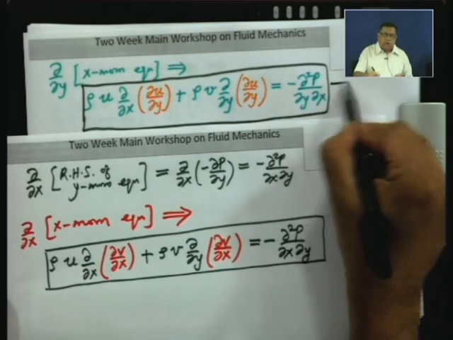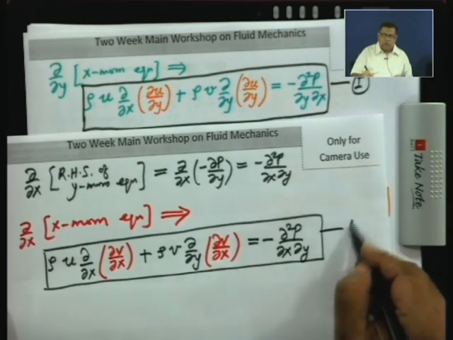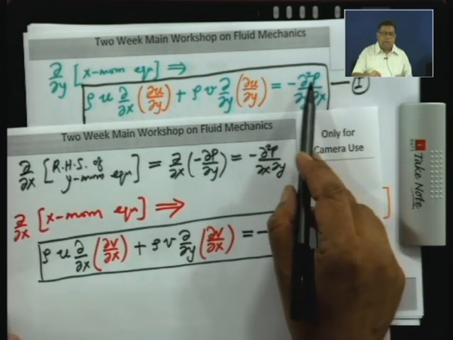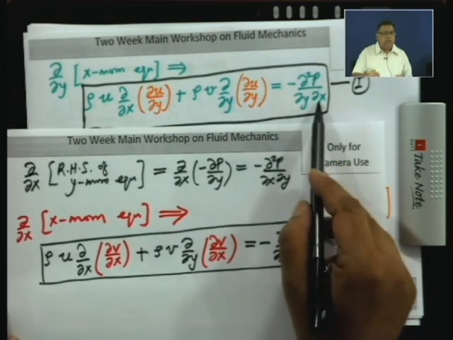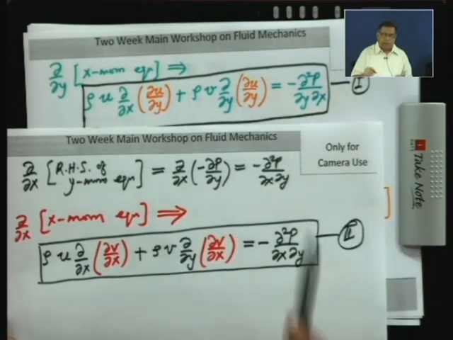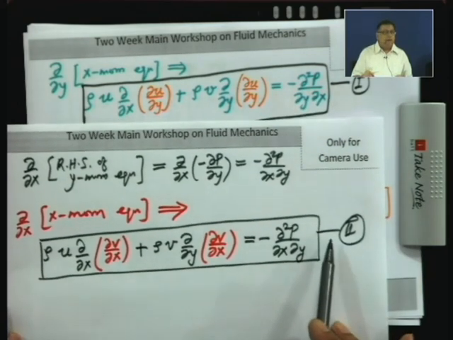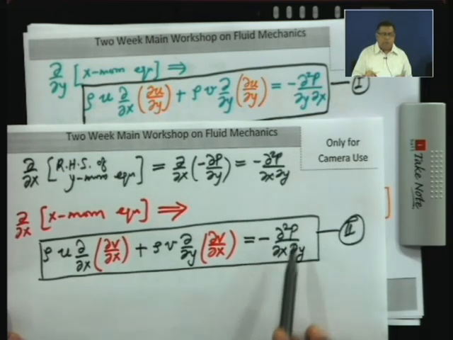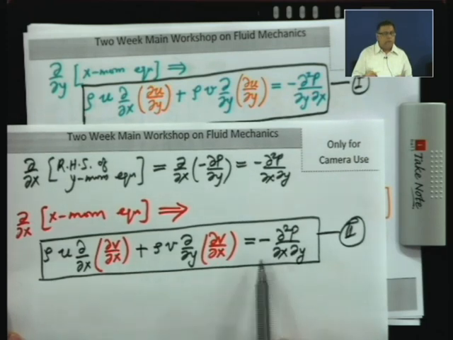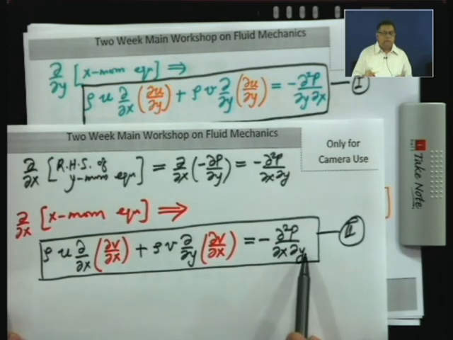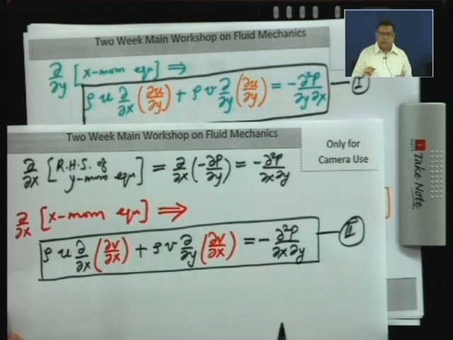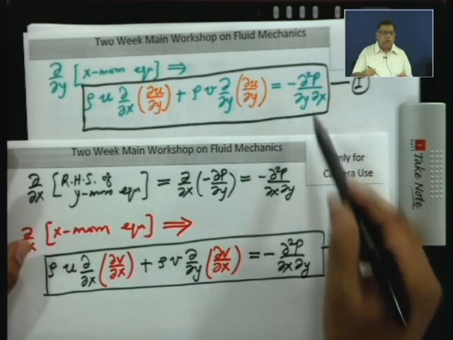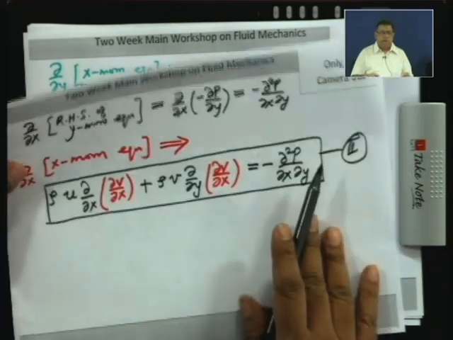Now, let us call this equation Roman 1 and I call this Roman 2. You will see that on the right hand side here you have the mixed partial derivative del 2 p/del y del x, where you are first differentiating with respect to x, then with respect to y, whereas on the right hand side of this equation which I have called Roman 2, you have the same mixed partial derivative of p with respect to x and y, but the order of differentiation is reversed here. First you are differentiating with respect to y, then with respect to x. But again, if del p/del x and del p/del y are continuous functions, these two are going to be equal. So, if I subtract one from the other,